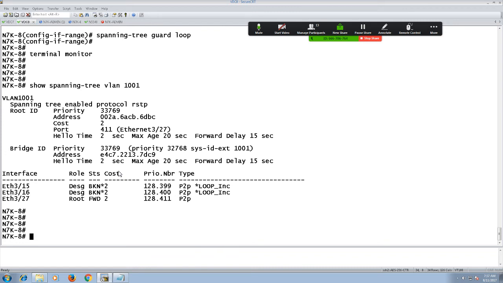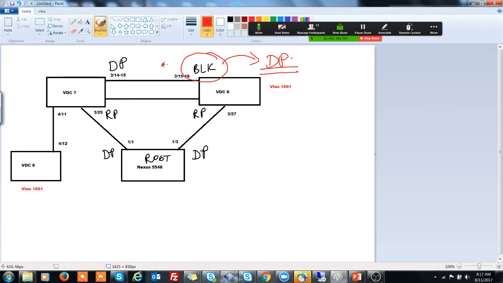So though it was eligible to be put into designated port mode if I'm not receiving the BPDU, what this switch has done is send a frame just to check whether there is any loop or not. It will flood it, and if there is already a disconnection, obviously the BPDUs will stop over here only. But if it is a loop, it will come back to me from somewhere else. And if it comes back to me, I would say this is a loop environment, and I should not move that port from blocking to designated port mode.